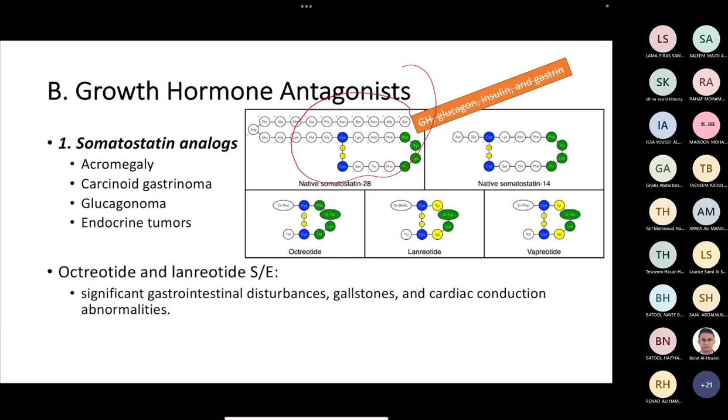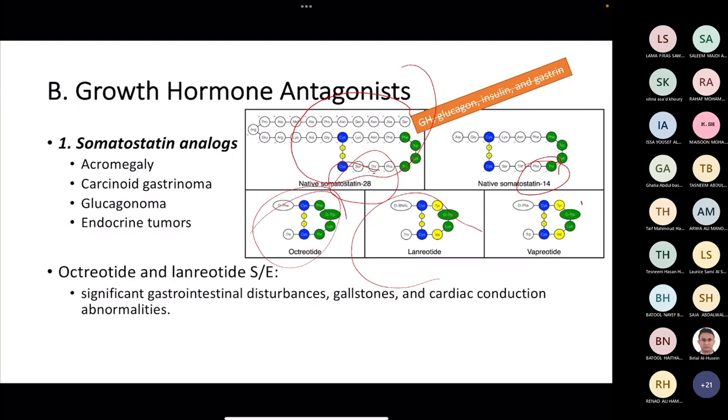في عندنا different fragmentation patterns. في عندنا native somatostatin 28, which is composed of 28 amino acids, or 14. Both of them, they are naturally acting inside the body, but المشكلة فيهم إنه they have a short half-life. So to overcome that, الانالوجز of somatostatin زي octreotide,